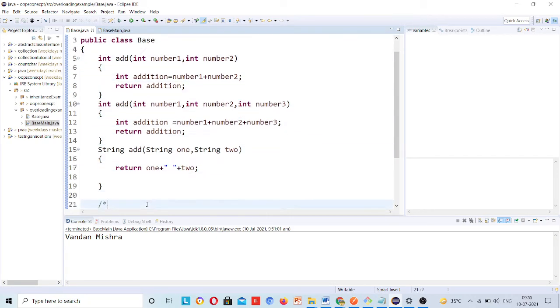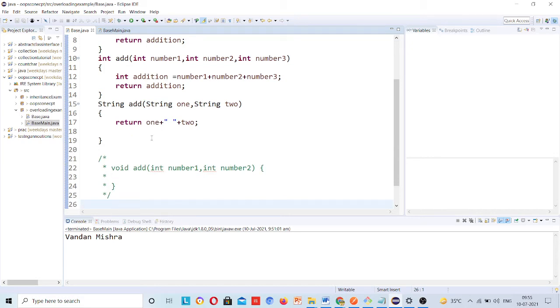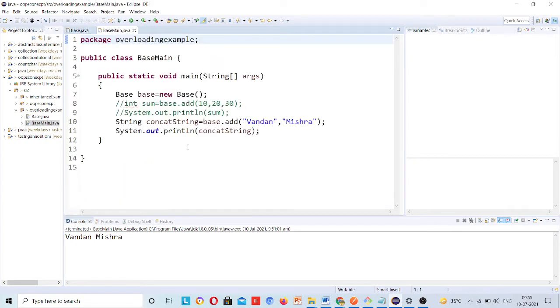So I was saying that static binding, compile time polymorphism and overloading are similar terms. He can ask you what is static binding or what is compile time polymorphism, and you have to reply in the same way. So this is about overloading in Java. Anybody has any doubt, then ask me. Otherwise, I will go to overriding.